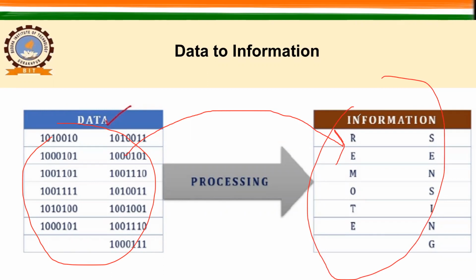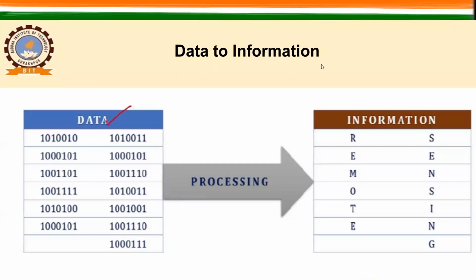I hope it is clear to you now. What do you mean by information system? I hope you have understood the difference between data and information. But nowadays, everybody is talking about the information system. So what exactly does that information system mean? So for that, I have again an example for you all. Just see this.